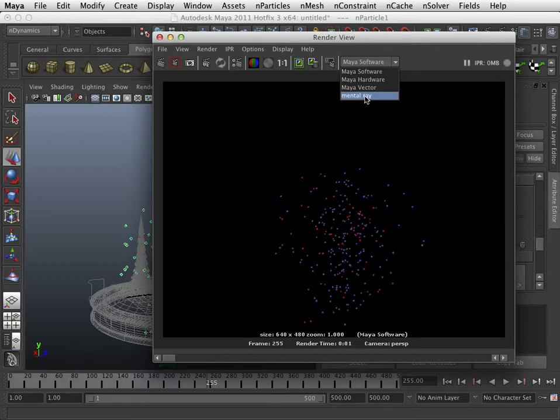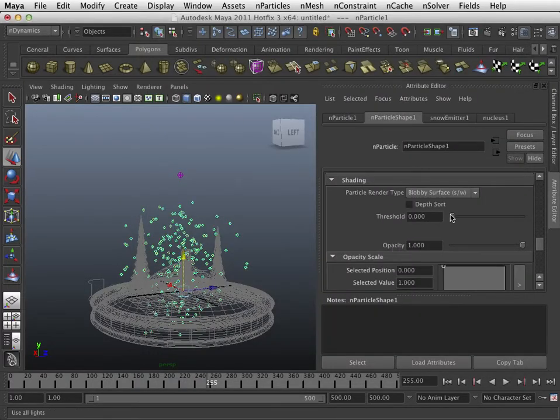You may or may not see a mental ray, and they all have different capabilities, and we'll learn some of those as we go. But for now, we're going to stick with Maya software, and that means to be able to see our particles, we have to choose something in the list that has the S/W software,